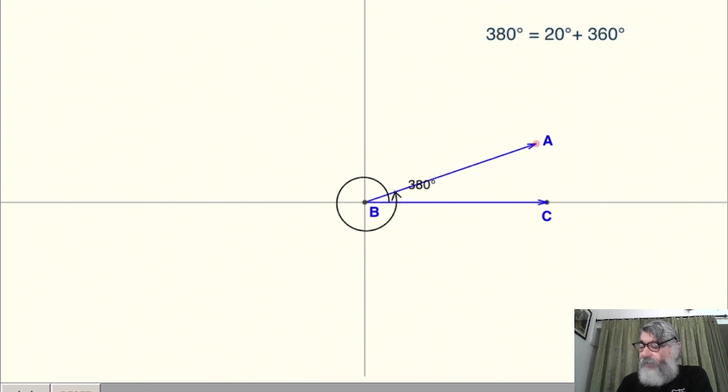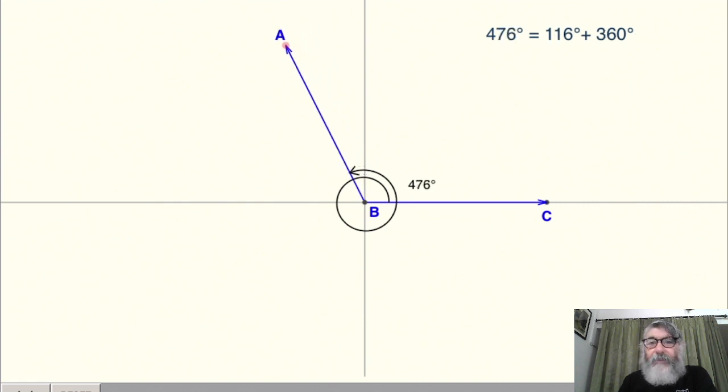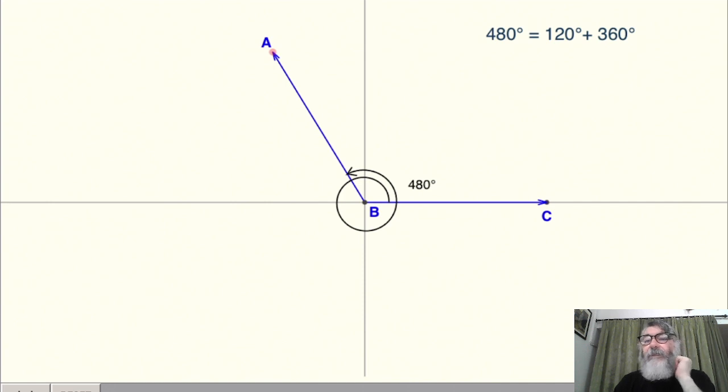Now, if I change it further, 380, 387, 399, 414, further, and I come here, 450, 360 plus 90. I can rotate it further. I can rotate it as many times as I like, and that is how the angles are formed. Now look at this angle: 360 plus 120 degree, 480 degree is the angle.